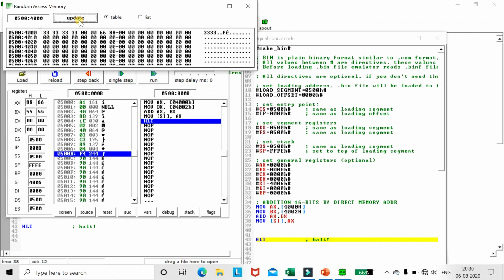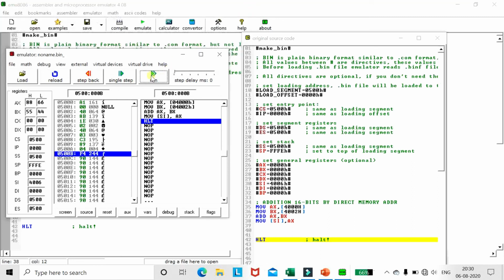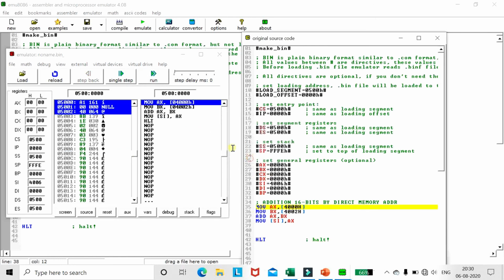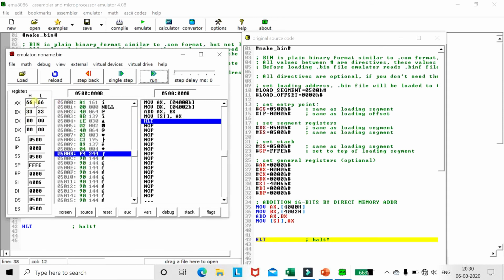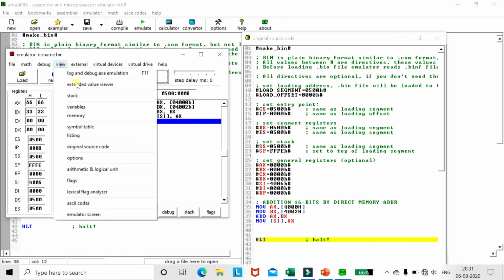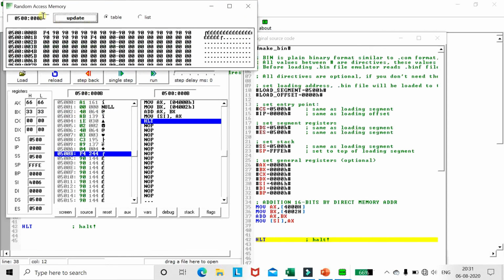We will update. Done. Once updated, click here on full program run at a time. So you can see that the result of the operation will be updated. That is, 33 then 66. Okay, so once you run the code at a time, you will see the direct result. Now to view the result in memory, click here on memory, click here 4000 and click on update. So you will see 3333 in the AX register, 3333 in the BX register, so the result of the operation is 6666. The content of AX is present at memory location SI, that is 4006.